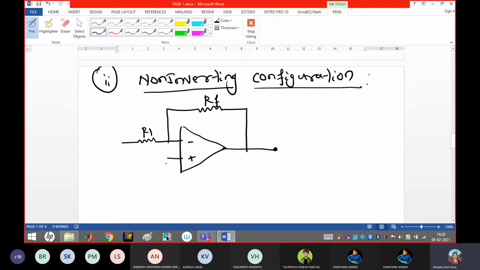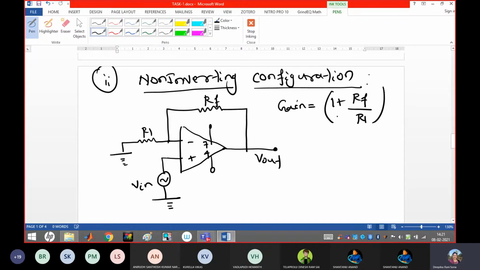Now tell me guys, where I should apply the input. This is the non-inverting configuration, right? So where should the input be applied? At pin 3, ma'am, the positive input terminal, right? So here the input is at the non-inverting input. That's why the name of the configuration is like that, while the inverting input is fully grounded. As per this, what is the gain equation of this configuration? It is 1 plus Rf by R1. Remember this. So here also we will apply the same thing.